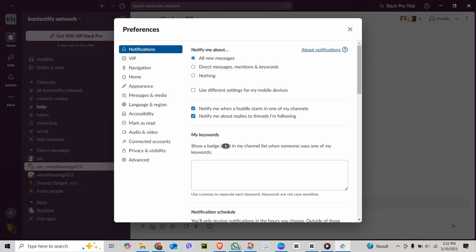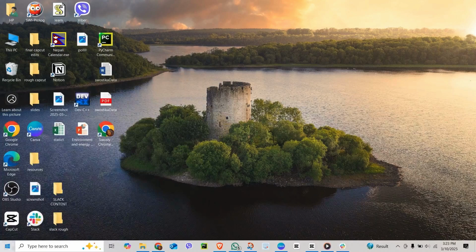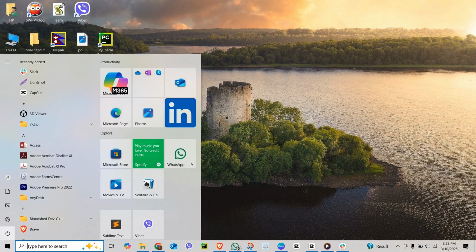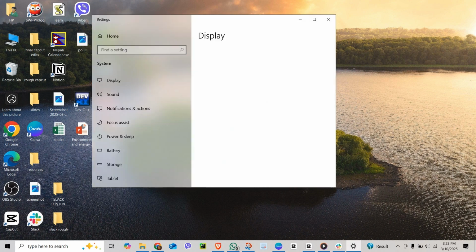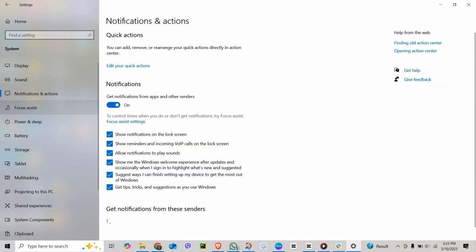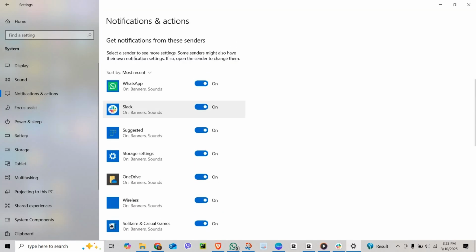Make sure Enable Notifications on Desktop is turned on. If you are not getting notifications, your system settings might be blocking them. Let's fix that. Go to Settings, tap System, tap Notifications and Actions, find Slack, and make sure notifications are